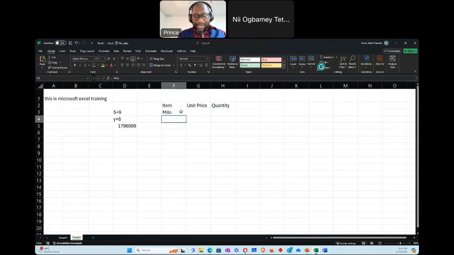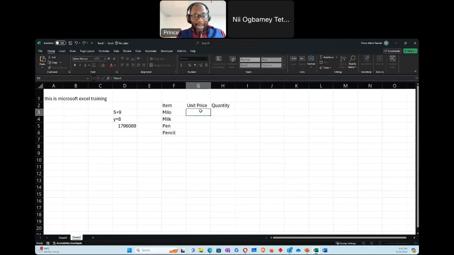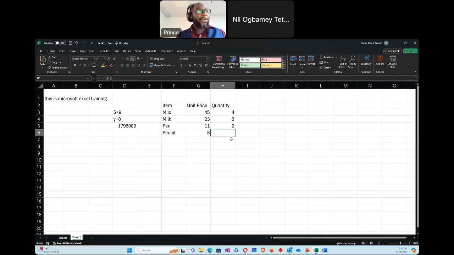I'll have Mug in there. I'll have pen in there. I'll have pencil in there. Let's say the unit price is this. These are the quantities. We are buying 4 of this. We are buying 8 of this. We are buying 2 of this. And we are buying 3 of this.